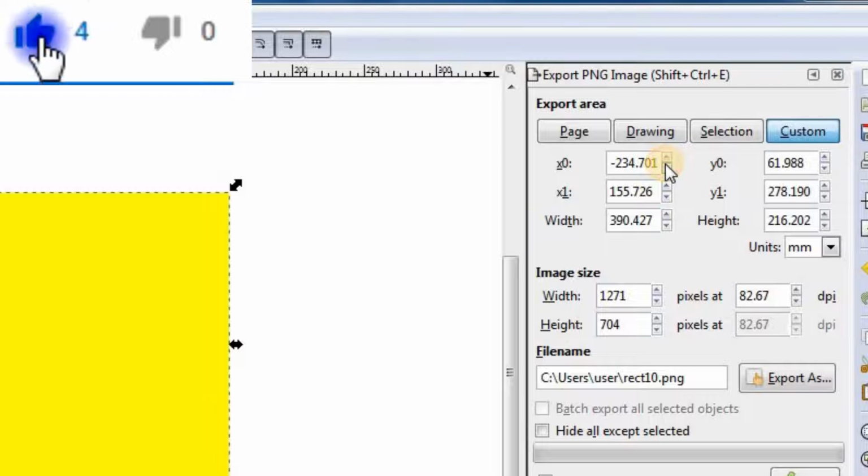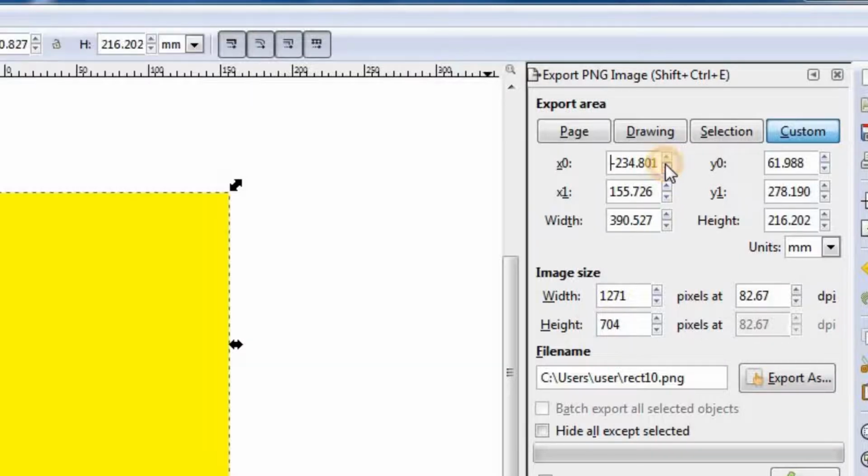So now in this case I have to increase, right? So click on down, down, down, down. I'll make it 1274, 1275, 1276, 1277, 1278, 1279 and 1280. The same way in Y0 you can adjust again, down, down. Let's adjust. Oh, that is too much. So what you should do if it's too much? Just click on the top arrow, so it will decrease. Okay, so we are done.